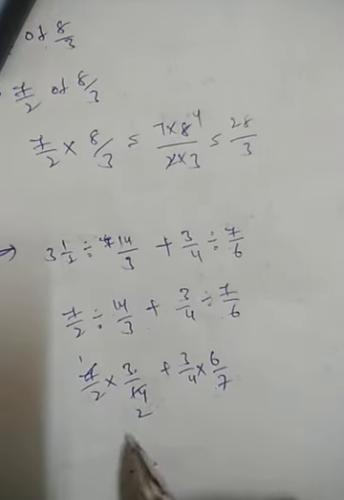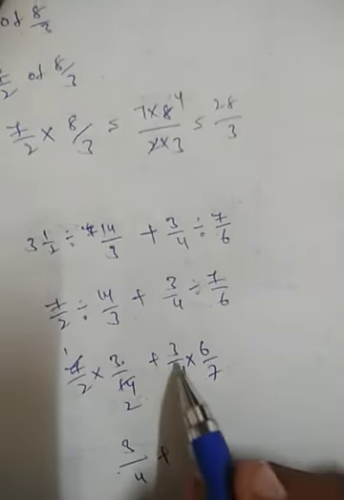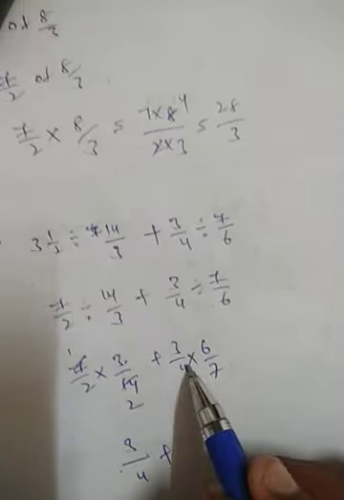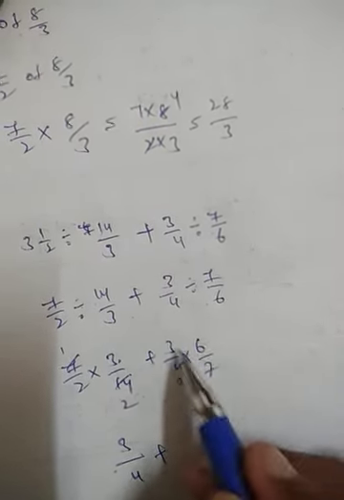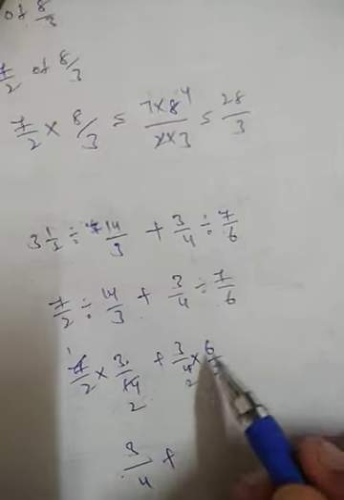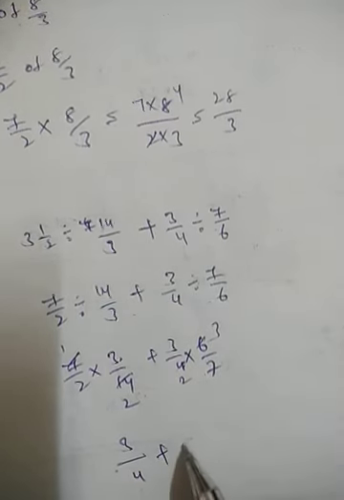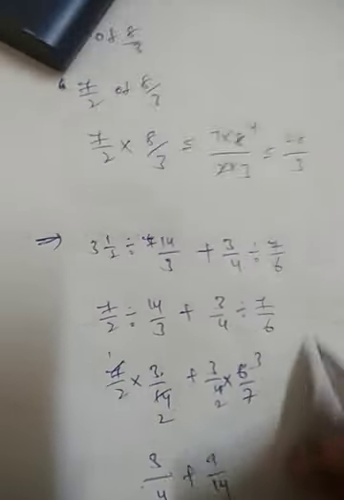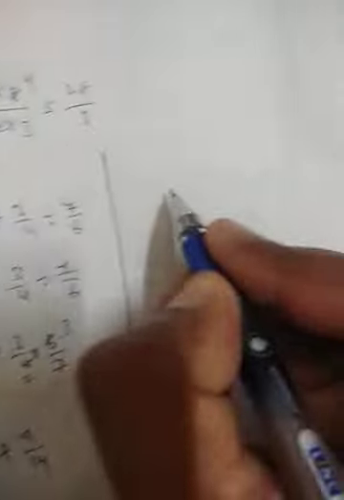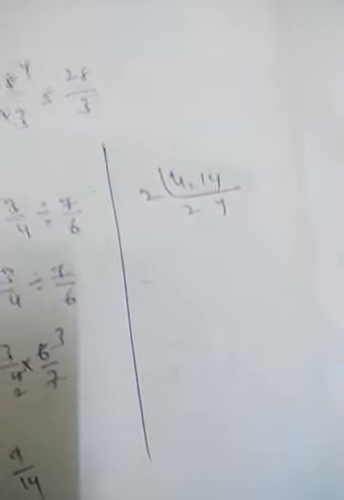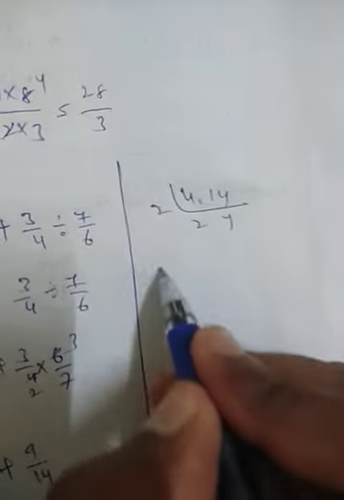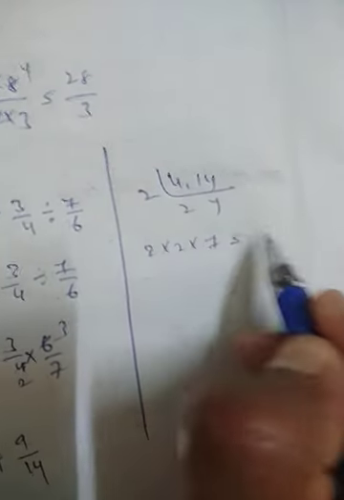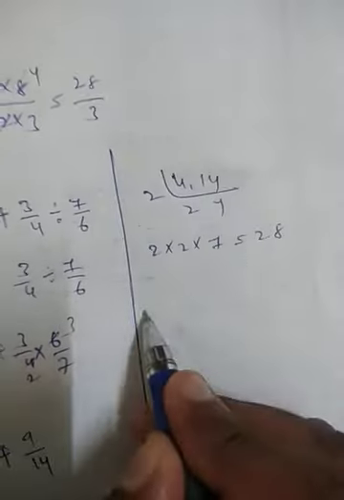How can I write? 7 ones are 7, 2 twos are 4. So multiply the numerators. 3 ones are 3 by 2 twos are 4, plus 3 sixes are, otherwise 2 twos are, we can multiply directly. See, easily multiply the numerators, multiply the denominators. 2 twos are, 2 threes are. What do you get? 3 threes are 9, 2 sevens are 14. Now what is the LCM here? LCM of 4 comma 14. Otherwise you can cross out 2 twos are, 2 sevens are. 2 and 7 are co-primes, not having a common factor. LCM is 2 into 2 into 7, 2 sevens are 14, 14 fours are 28.